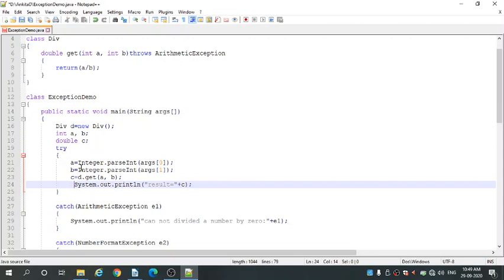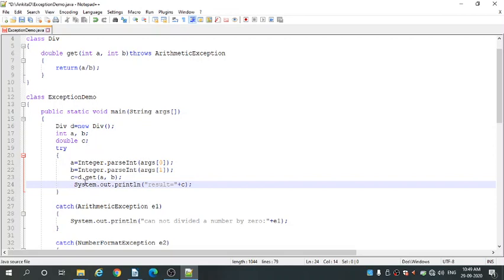So we have written here a equal to Integer.parseInt(args[0]). 0 is the position for passing the argument. Okay, so the a value is stored in the 0th position and the b value will be stored in the first position. Then comes, you know already, Integer.parseInt, which we use for converting string type into integer value. By default Java reads string arguments and we need numbers here as command line arguments. So we have used this Integer.parseInt line to convert the value.